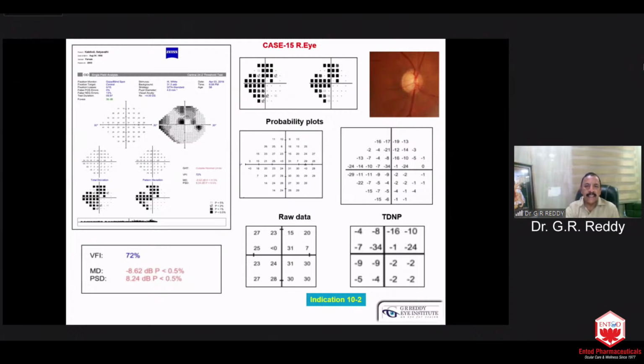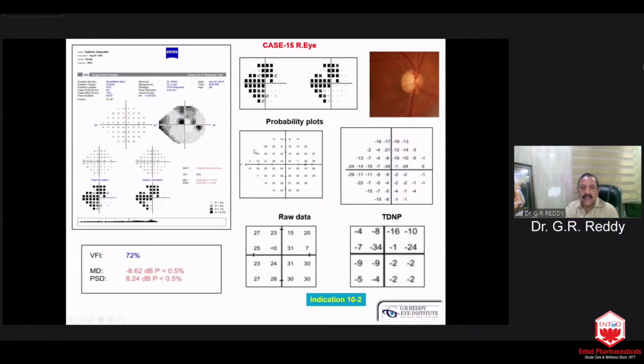This is another case. By seeing the grayscale and the probability plot, we know we started as biarcade with the central degree also normal. Whenever you see, you go again and see the depth. Here, absolute scotoma is absolute scotoma,